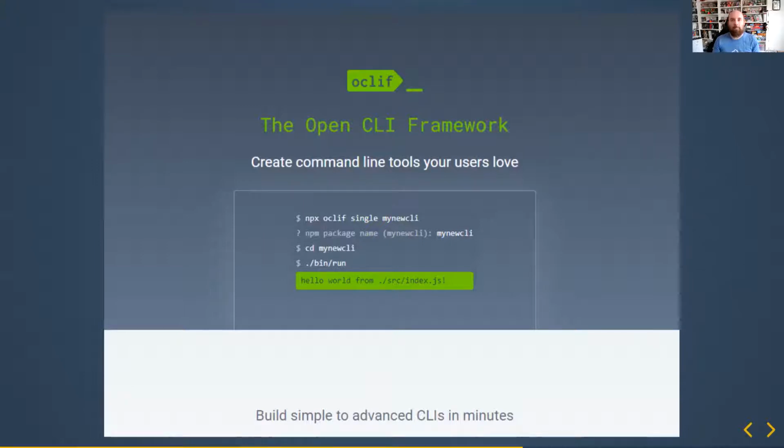If you want to have a help message, then you will need to have the plugin for the help. If you want to have completion support, then you need the plugin for the completion. A lot of things are plugins, and for CLIs, I don't think it makes as much sense as for other things. Anyway,